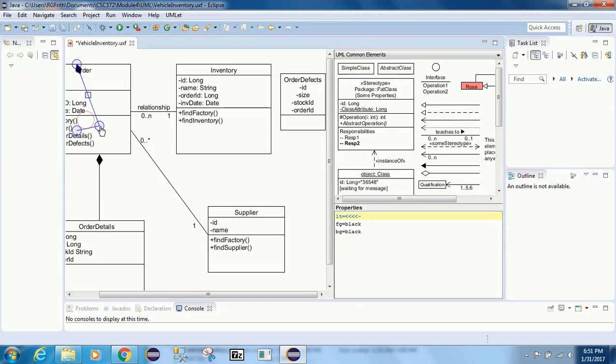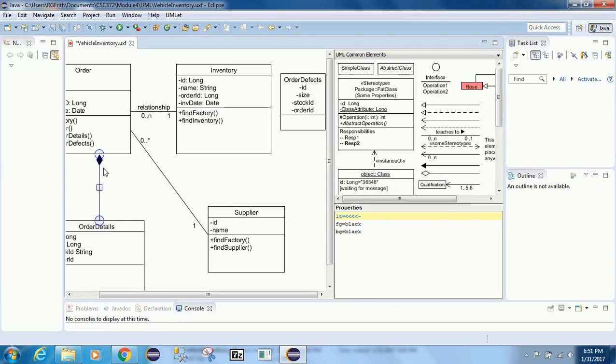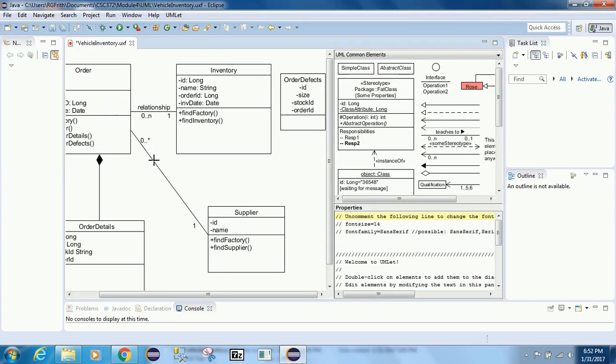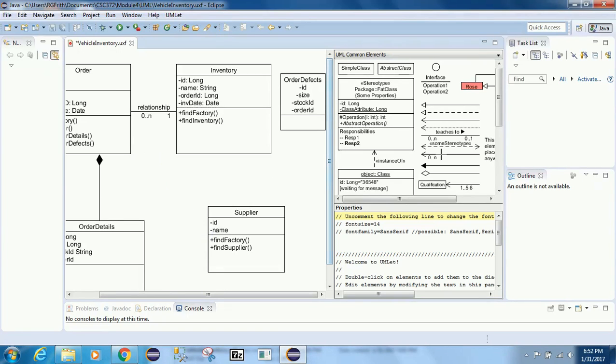How was I able to do that? What did I do? I did a Control C, Control V, and then I just grabbed the bar. Oh, okay, so that's interesting. I didn't realize that. So maybe I can go back to this, delete this, and I was trying to figure